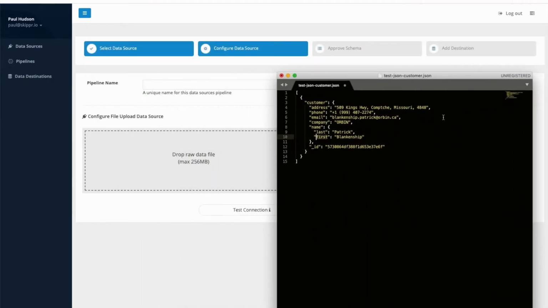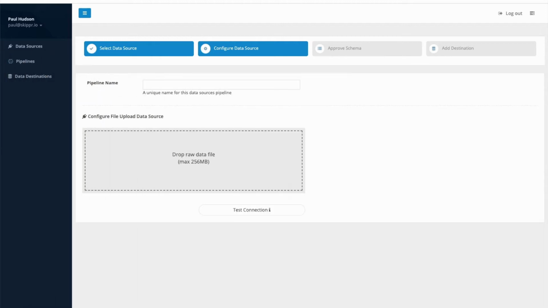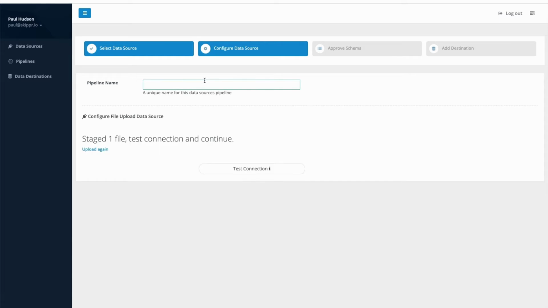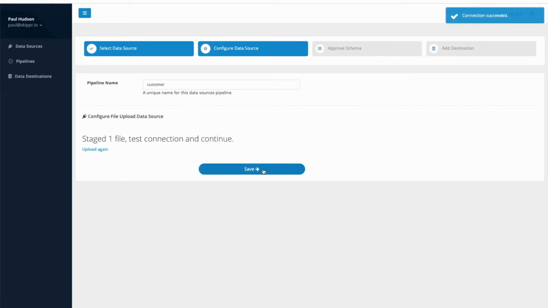It's very simple. There's just one record in it, but it's a nice example of a piece of raw JSON. You can see that it has a nested data structure, so there's an enclosing array with the object itself, which represents a customer, some customer attributes, and then a sub-nested element which contains the name field. So we'll upload that file, and I'll just call this ingest job customer. And if we save that,